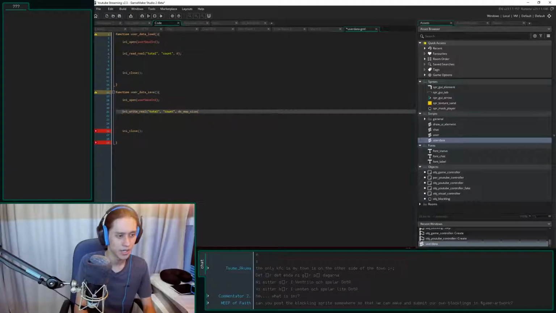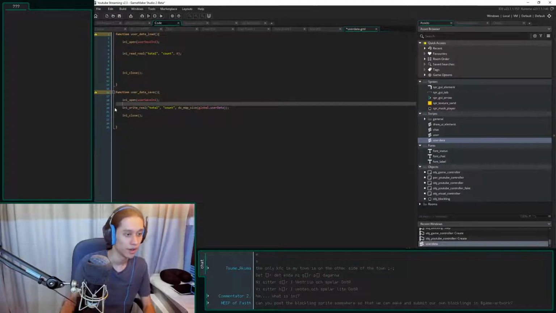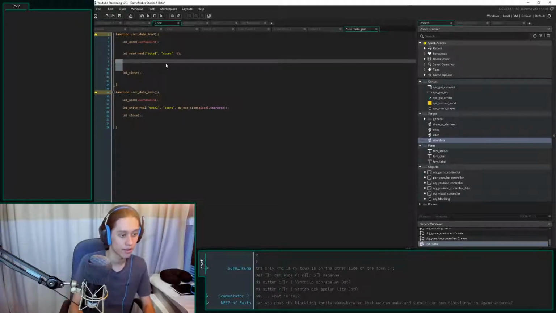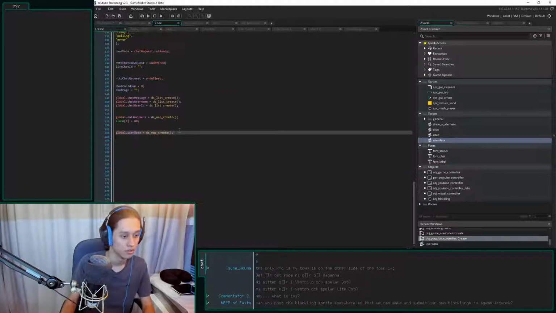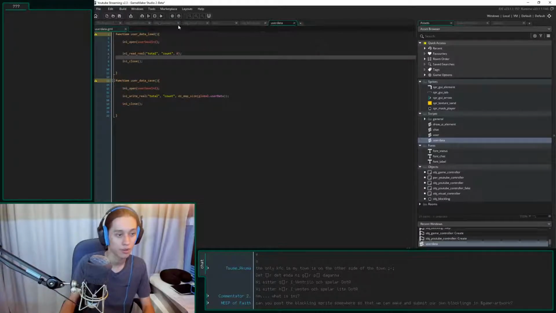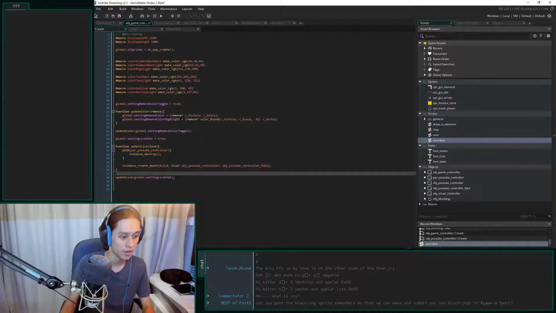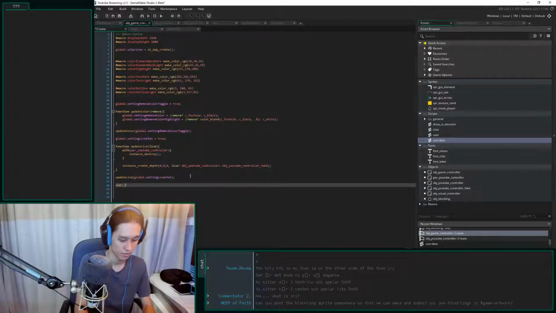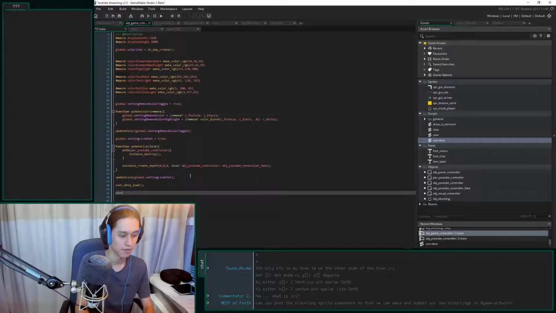So let's save the DS map size of global.user data. That's going to be the count. Okay, and we're going to read the counts there as well. Let's do, where's my user data? Put that there. User data load, and then user data save. So we're going to load it, and then immediately save it right after, so that at least my file gets created, that I have something to work with.